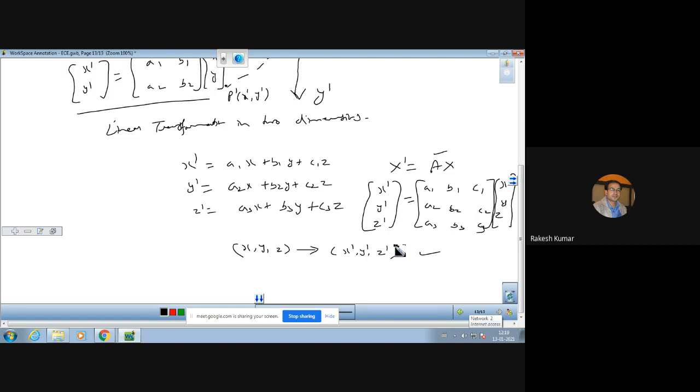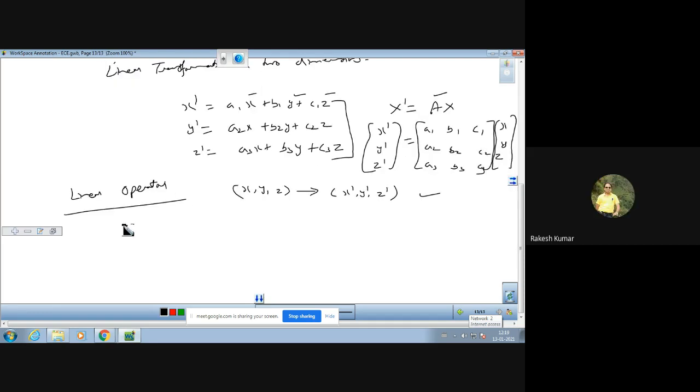So this is the meaning of linear. Linear क्यों? क्योंकि इन सभी का वेरिएबल का डिग्री 1 है. Raised to power 1, raised to power 1, raised to power 1 in all these three equations. That is why this is called a linear transformation, or it is also said to be linear operator. Remember, लीनियर ऑपरेटर दो नाम है इसके, ऑपरेटर भी बोल देते हैं और ट्रांसफॉर्मेशन भी बोल देते हैं.